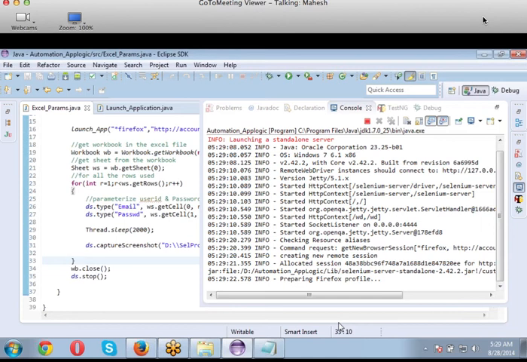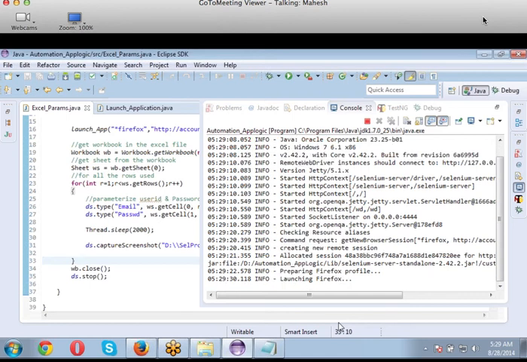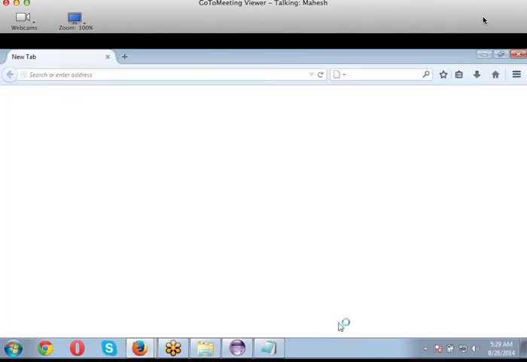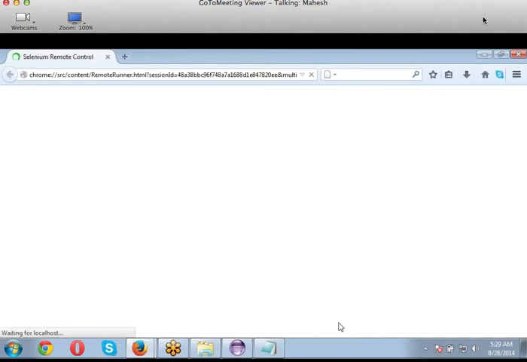Going further, when we start with a framework, we have to write more. This is just a starting point for parameterization here. We have to give a reporting construct. We have to write whether login is successful or login is a failure, save that inside a report, and generate a report and a log. That's how it goes on.